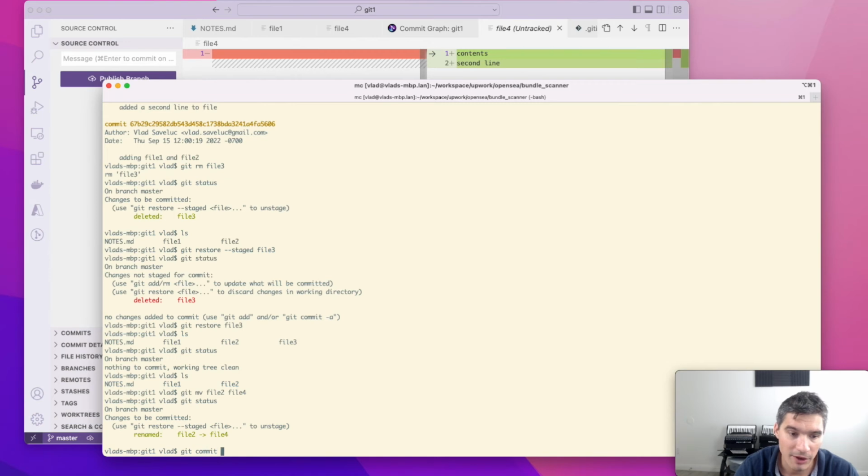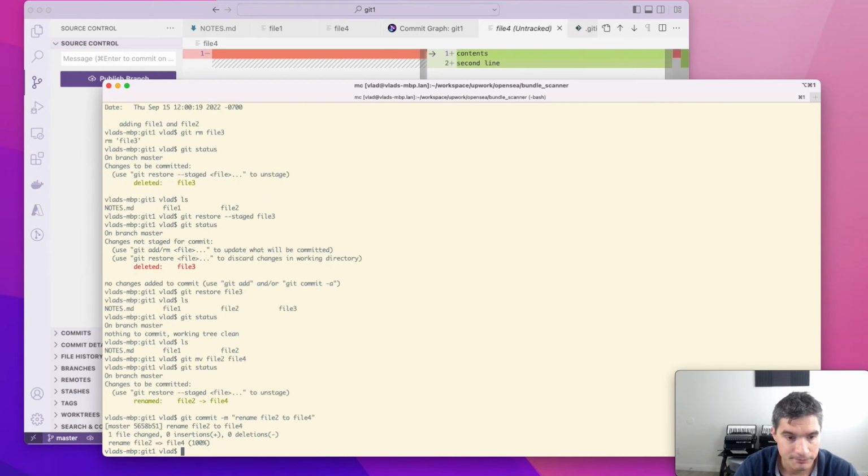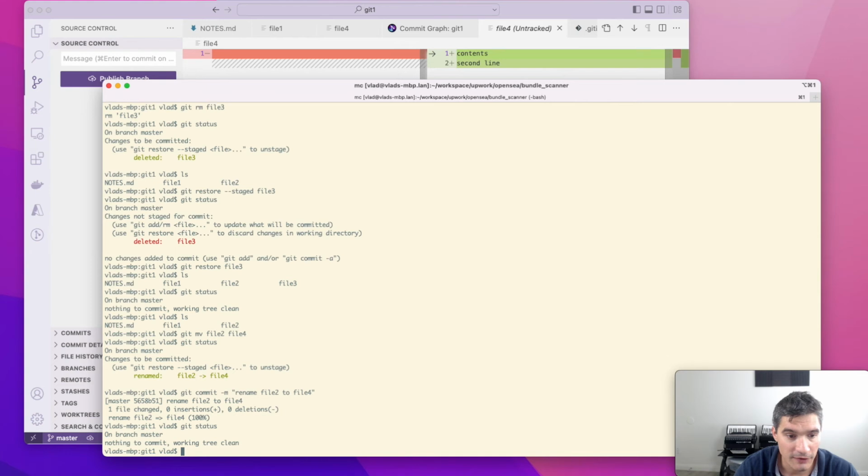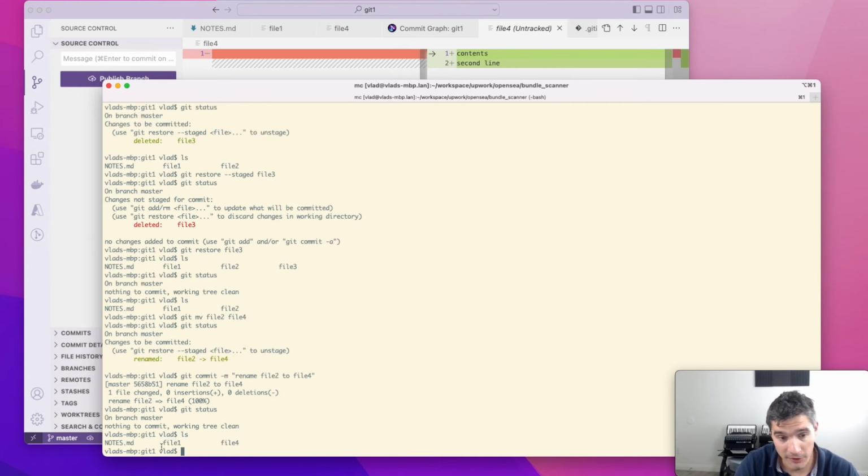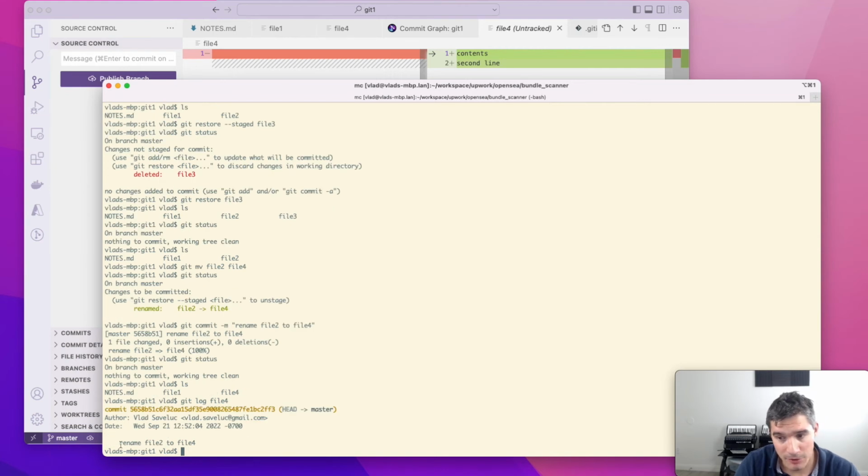So now we can commit this change. We say rename file 2 to file 4. Now if we do a git status, we'll see that the status is clean. And if we list our current directory, we see that now we have file 1 and file 4. And if we do a git log on file 4, we will see that we only have the last commit, the one that renamed file 2 into file 4. So one thing to keep in mind when we move files or rename them, the git history of that file